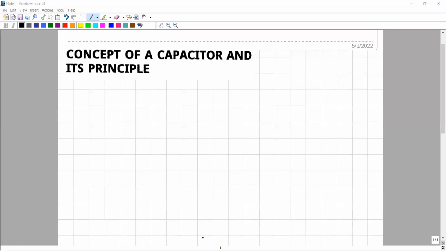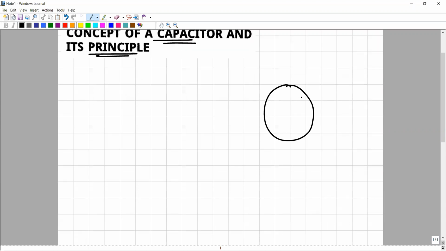Okay, so we are going to start off with this topic, the concept of capacitors and its principle. So we are going to understand how a capacitor works. What is a capacitor and how does it work? Now, what we already know is that